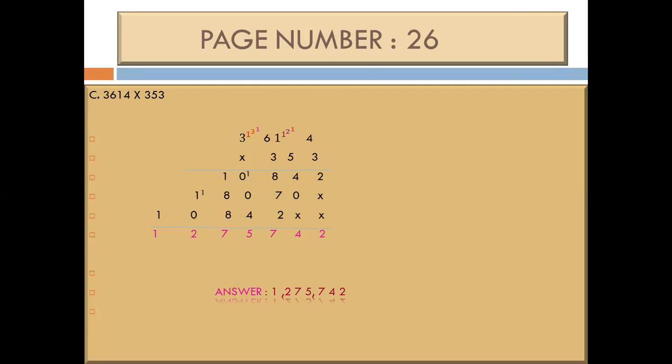The last step, what will we do? We add the numbers. 2, 4. Now we have 3 digits 8, 7 and 2. 8 plus 7 is 15. 15 plus 2 is 17. We write there 7 and carry 1. 4 plus 1, 5. Now the next, again we have 3 numbers 8, 8 and 1. 8 plus 1, 9. 9 plus 8, 17. We write here 7 and carry 1. 1 and 1, 2. And the last digit is 1.